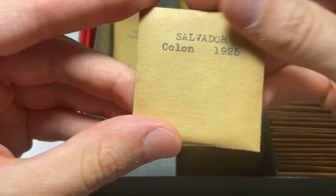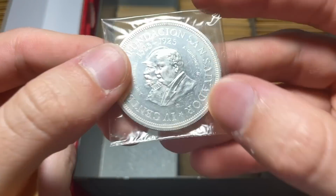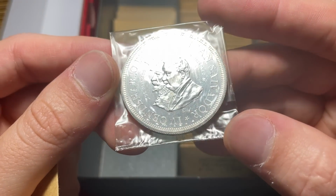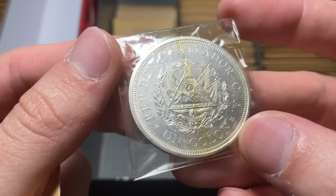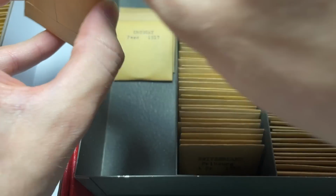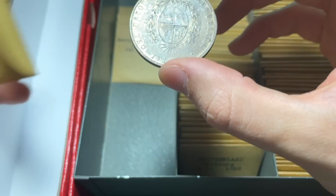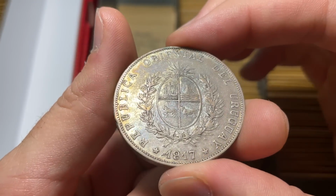Very interesting pickup. Here we've got a Salvador Colon. Huh. Who knows? This could be rare. 400th anniversary. San Salvador. And yeah, that could be conditionally rare. Any South American big silver in nice condition. 1917 Uruguay peso. I could see that being. Oh yeah, that's pretty. But it's a little bit different when you pull something out of a box like that and it's from the,